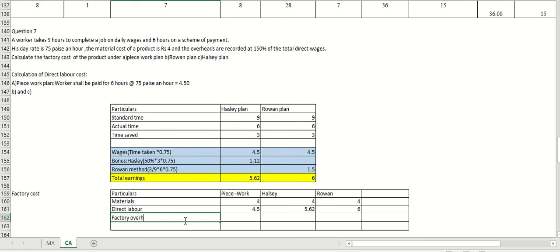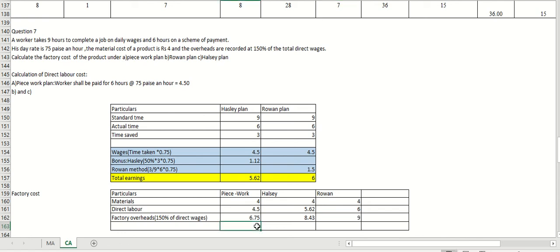The question tells us it is 150 percent of direct wages. So your direct wages 4.5 into 150%, which you get 6.75. Under the Halsey method, 5.62 into 150%, which you get 8.43. Under the Rowan method, 6 into 150%, which you get